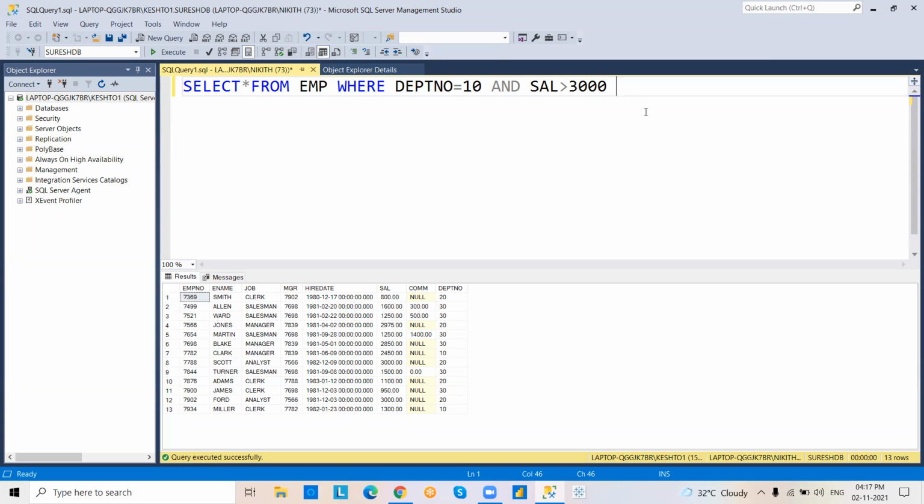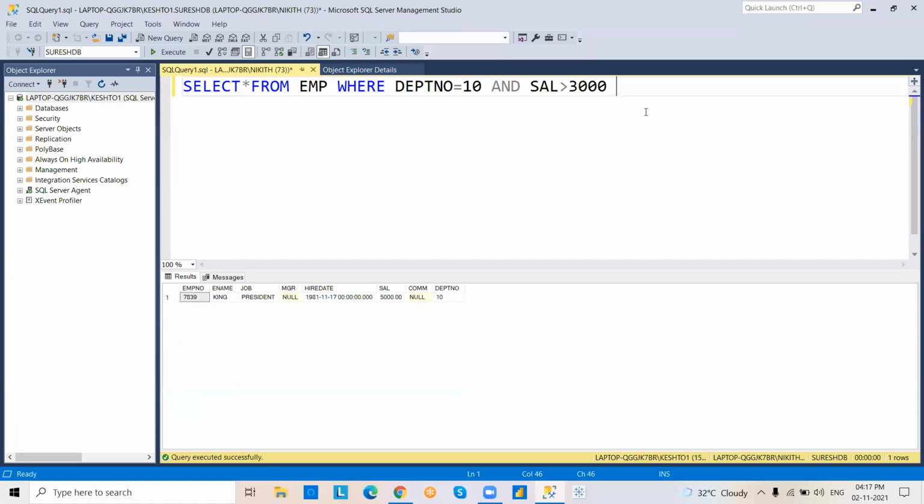If every condition satisfies, then only the and operator retrieves data. Let's go for execution. See that, department number 10 satisfied. Salary greater than 3000 satisfied. Okay, now. Right. In the same way, let's go to or operator.